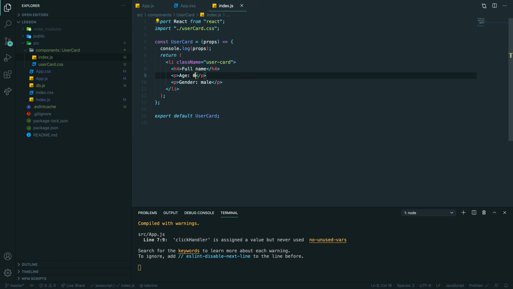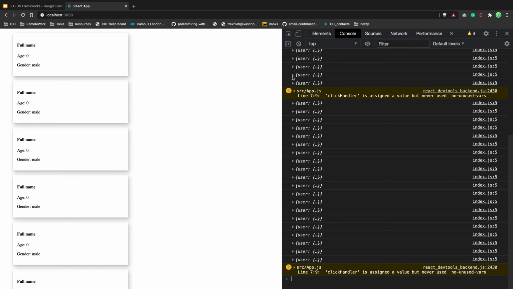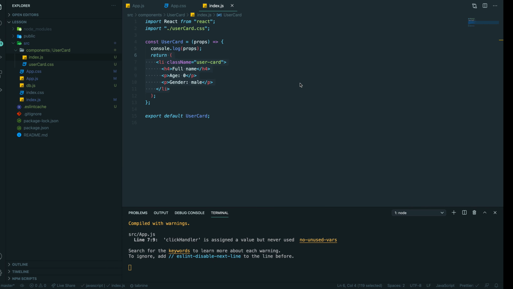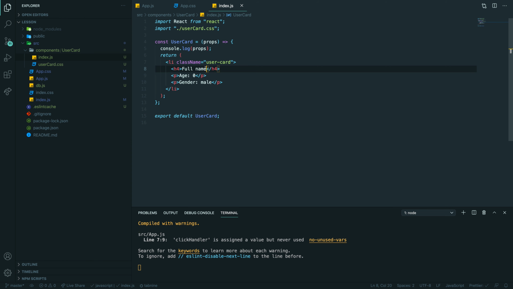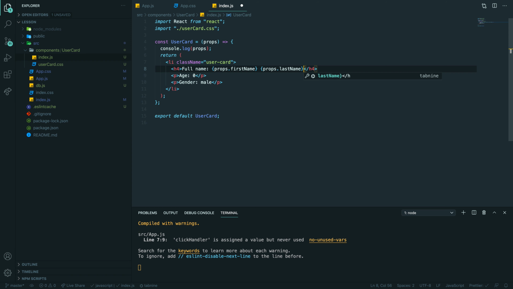So we are rendering all our cards, and you can see that we have data in my user, right? So you have first name. Here we want to have a full name. So let's say full name, and I want to put my two variables, right? I want to concatenate them. I can do it this way, like props dot first name, space, and props last name, right?